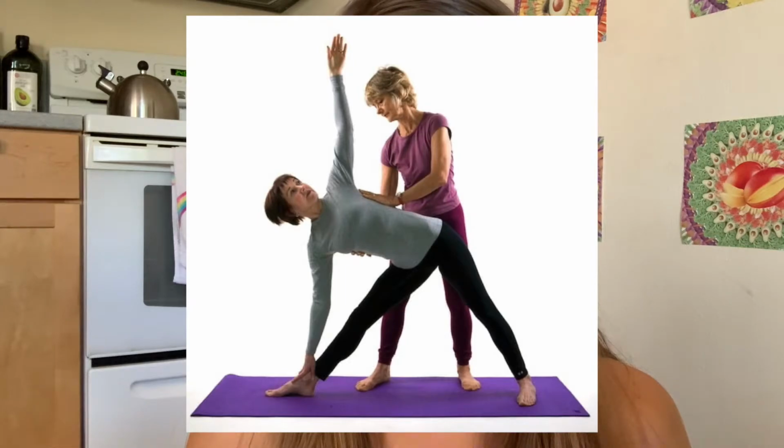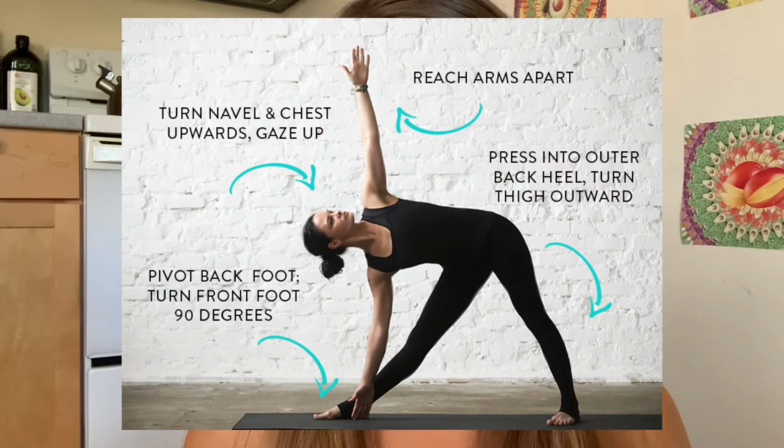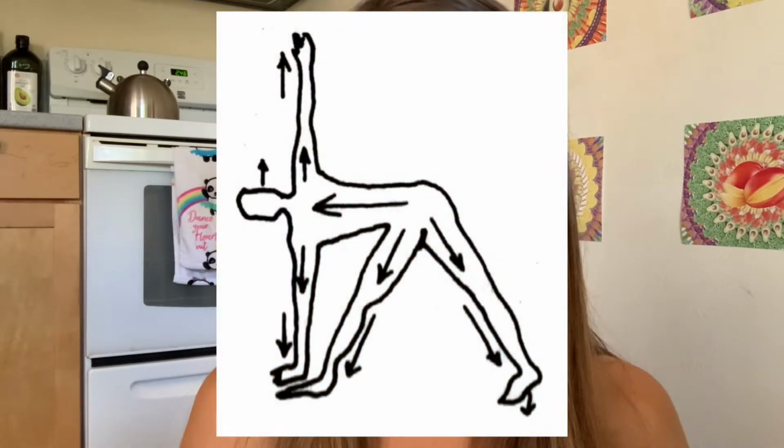Concern for proper alignment in a posture is important. However, many people exclusively use external methods to get aligned, such as having another person, who hopefully knows alignment, adjust their body, or trying to approximate a picture or ideal of a completed pose. External methods are useful at times, but when alignment is done internally by the body's own intelligence, a posture can be truly understood. In the triangle pose, the arrows in Figure 1 mark the direction of 5 lines of energy.